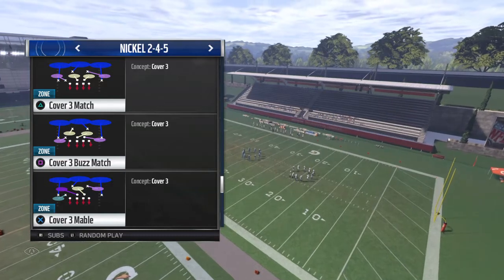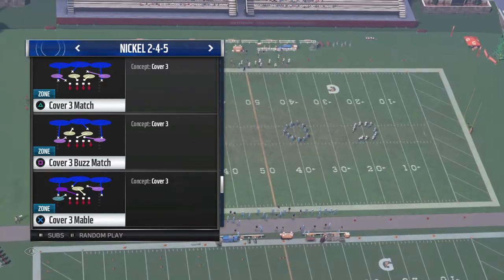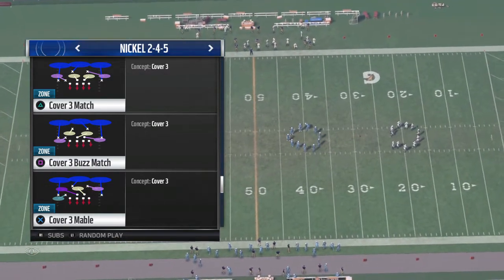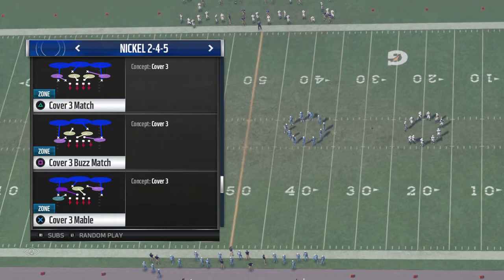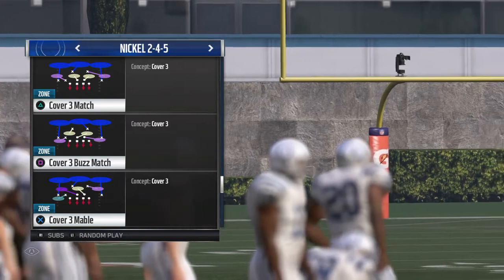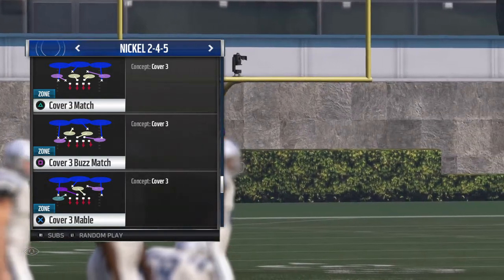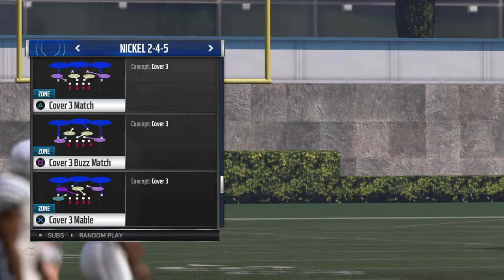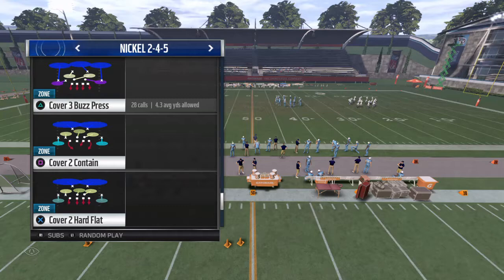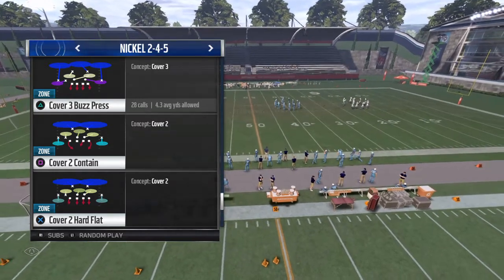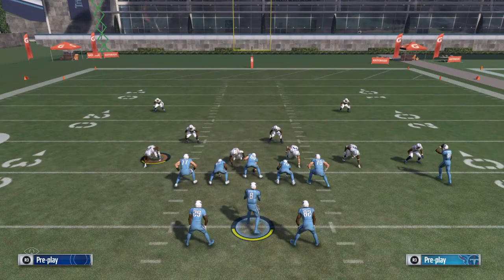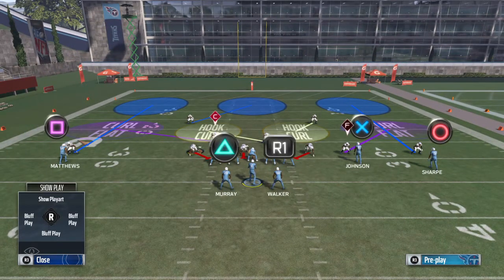And then on this other screen here, the Cover 3 Buzz Match. Match is also terminology for man, but that's normally for both sides. So where Cover 3 Mable is designed for manning up an outside receiver for a trip set, the Cover 3 Buzz Match is designed for manning up the outside receiver when they're on both sides of the field, the X receiver and typically the Z receiver. So I'll select Cover 3 Buzz Press and show you that the B is coming from linebacker, and if you'll see now,